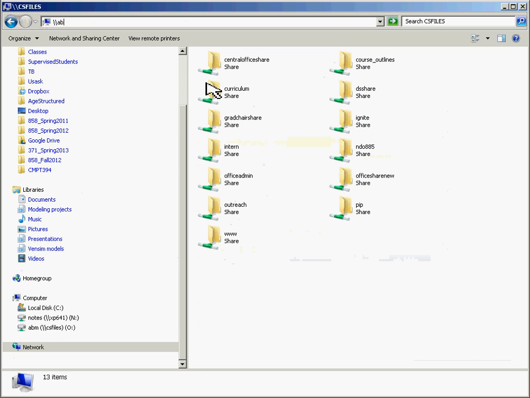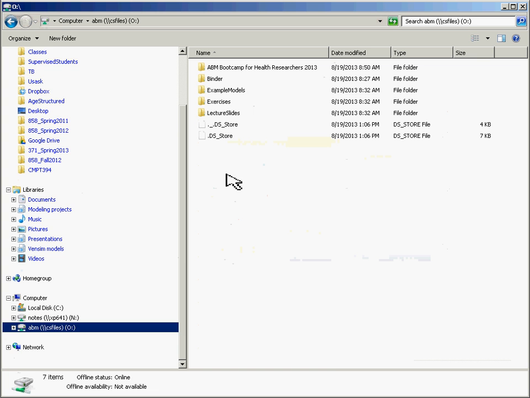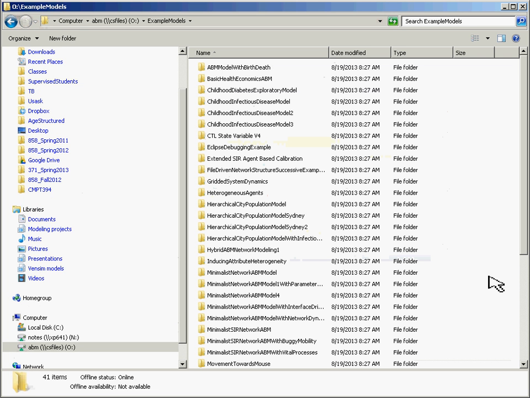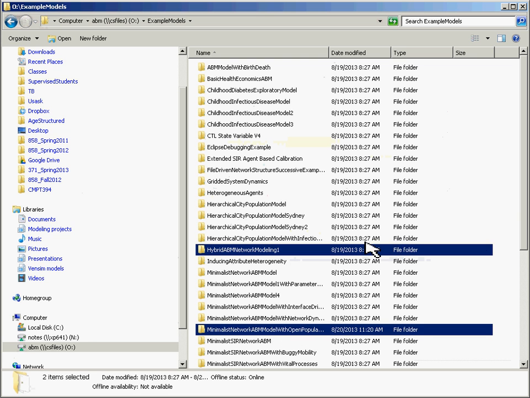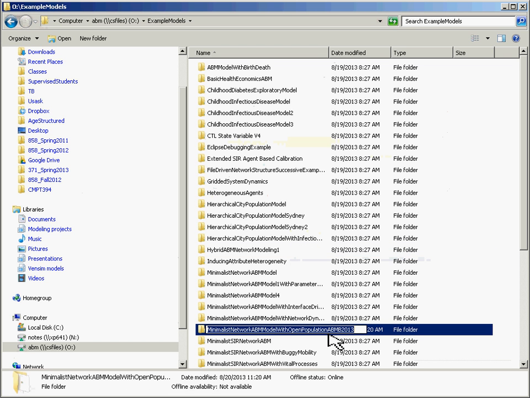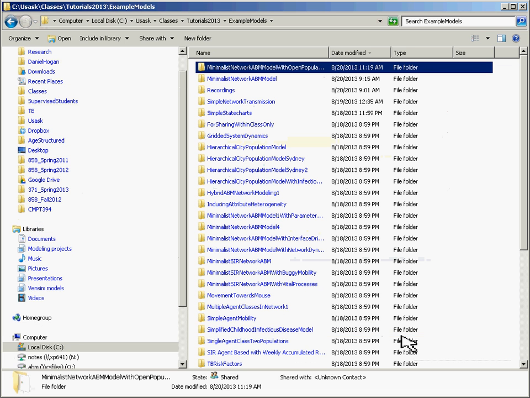Okay. So Dylan, it should be there now. It's called Minimalist Network with ABM Network ABM model with open population ABM-B 2013. Okay. Yeah. Okay. So I'm going to